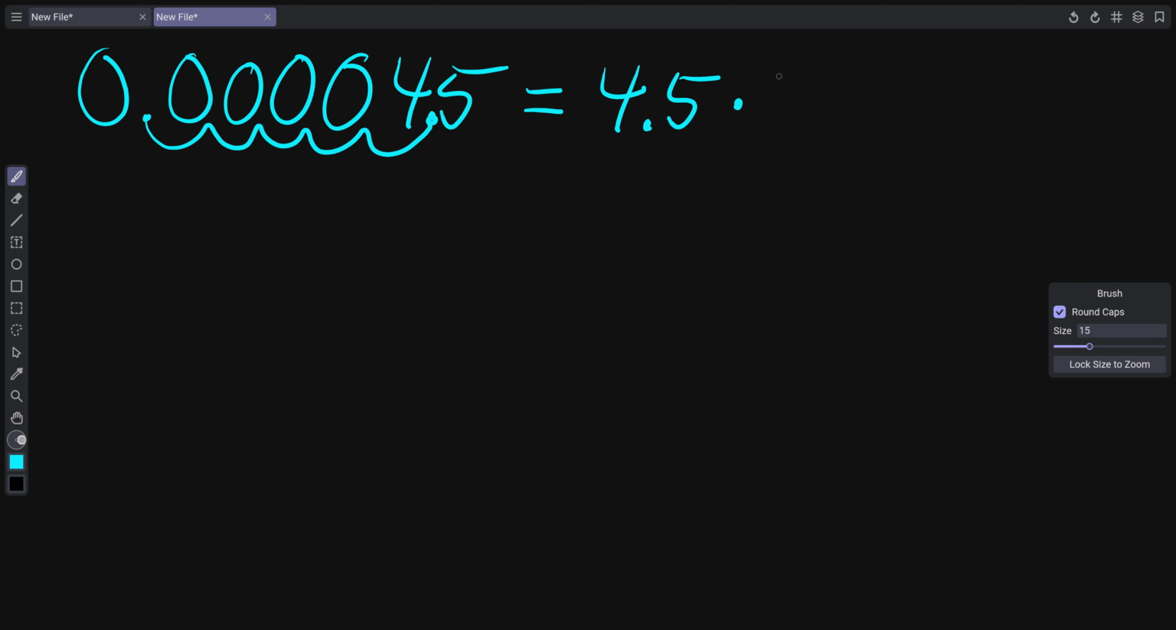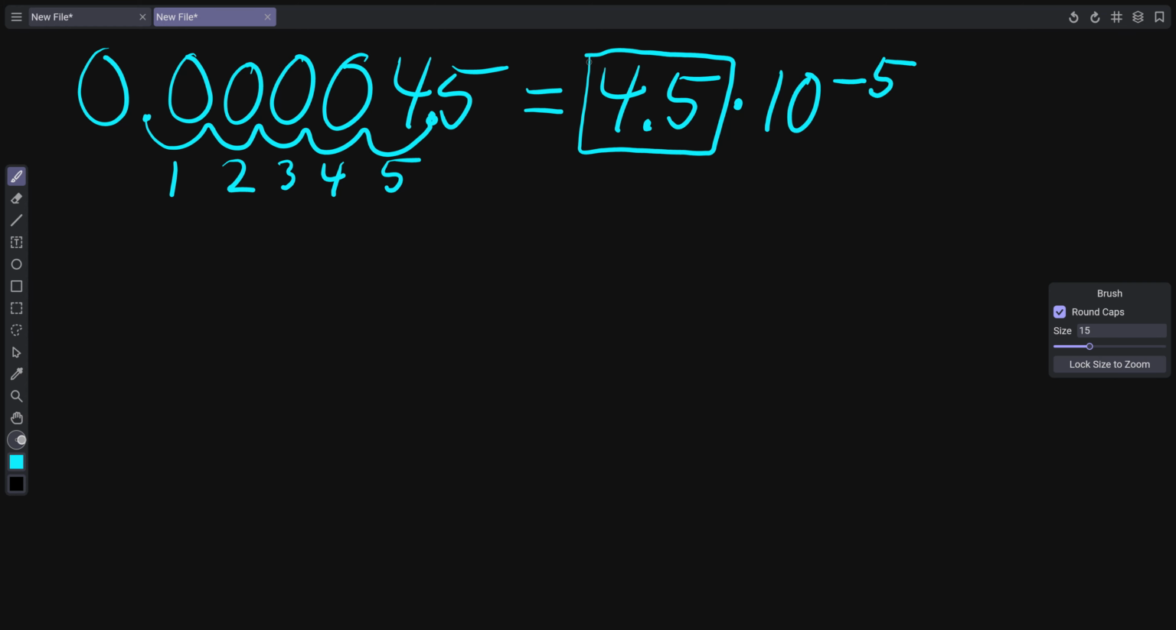and we'll multiply this by 10, and we'll raise it to the negative. Let's see how many hops we have. 1, 2, 3, 4, 5 hops. So we would raise this to the negative 5th power, because that is the number of hops that we had to do in order to get a number like this. And the number you want to get, so here we did 4.5. The number you want to get is going to be